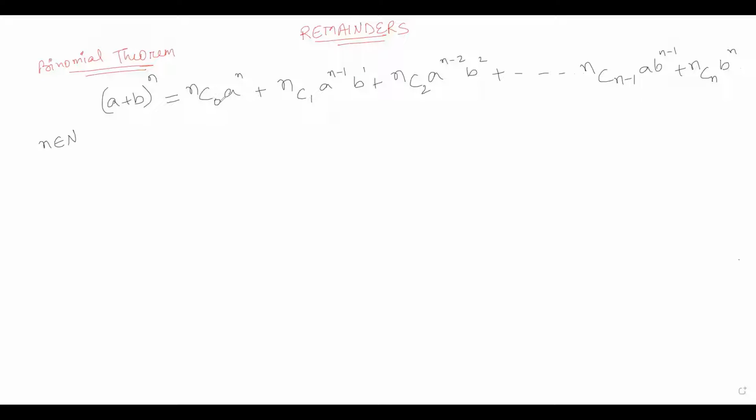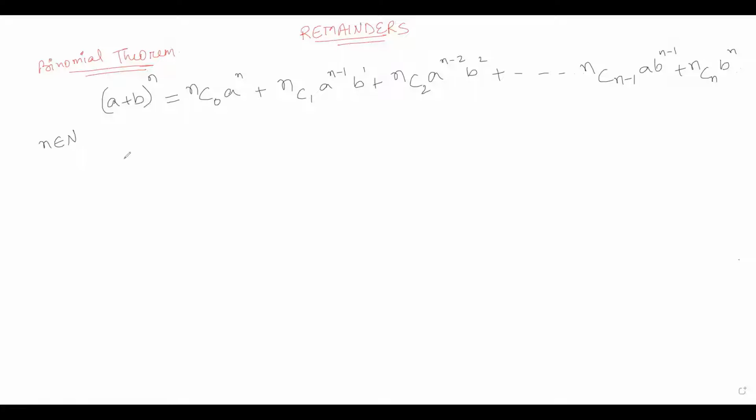given by nC0 a raised to power n plus nC1 a raised to power n minus 1 into b raised to power 1 plus nC2 a raised to power n minus 2 into b square plus and so on till nC(n minus 1) a b raised to power n minus 1 plus nCn b raised to power n,